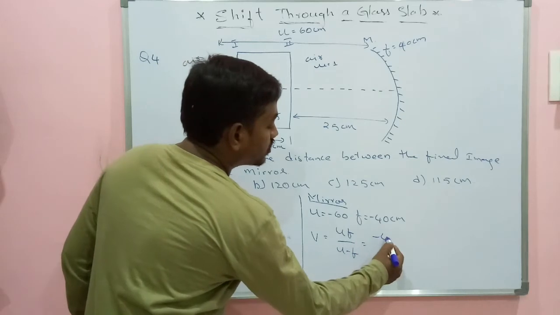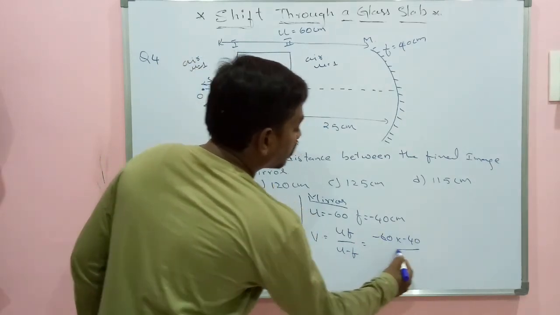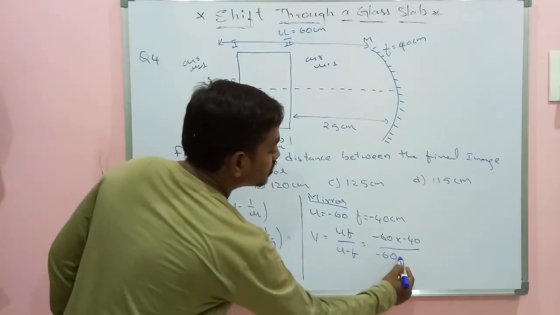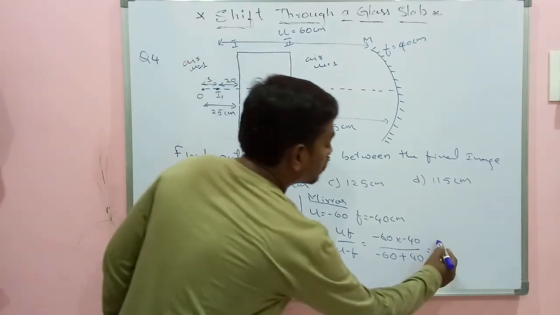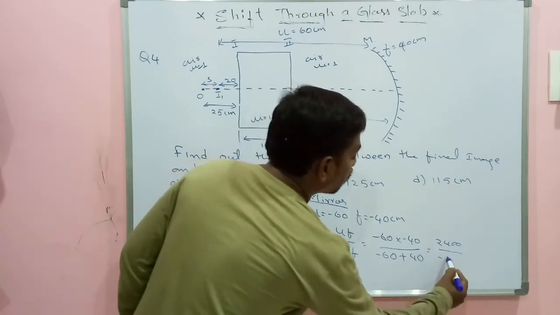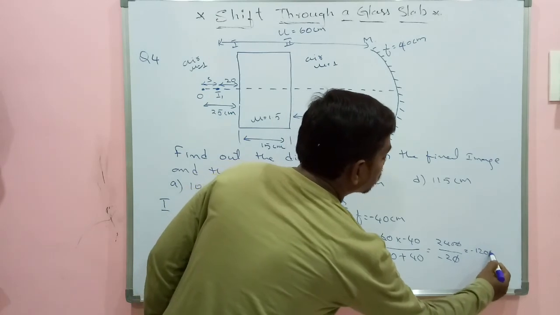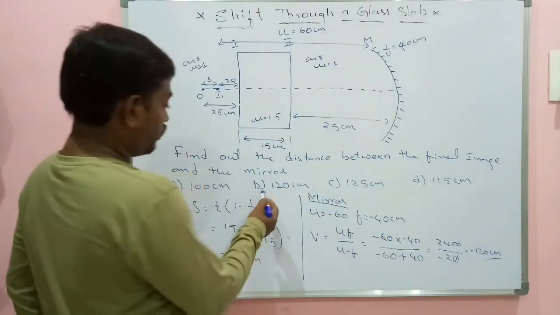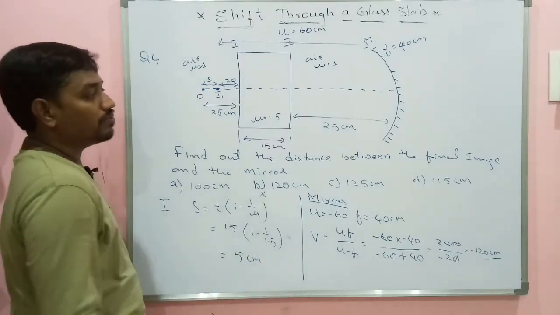So I can take minus 60 into minus 40 divided by minus 60 minus of minus, plus 40. So it is around 2400 divided by minus 20. So minus 120 centimeters. So I have an option 120 centimeters, but that is not the right option, because